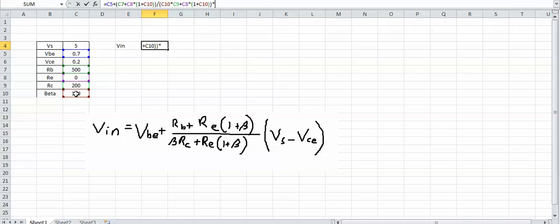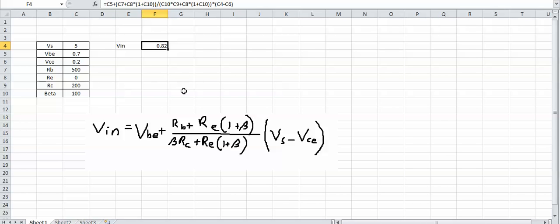And then we're going to multiply that whole fraction by the difference between the voltage source minus the voltage drop from the collector to the emitter. Enter. And we need a signal of 0.82 volts in order to get our transistor totally saturated and allow all that